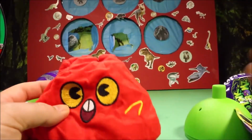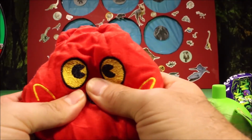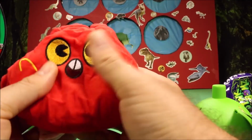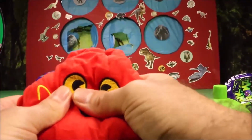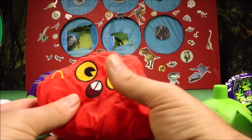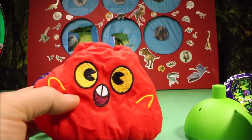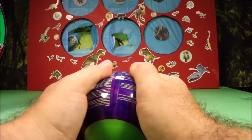Today we have spicy. Oh, and they're so cute and squeezable. These are like bean bags. You could actually use them in a beanbag game after you open them if you want. Okay, let's see who was in the other one. And in the other one, we had...